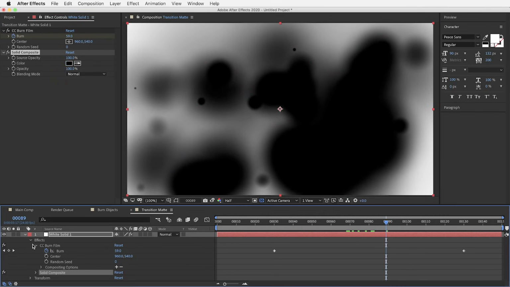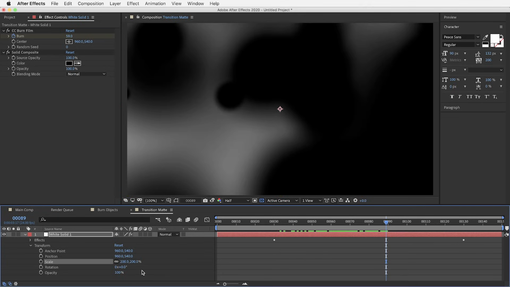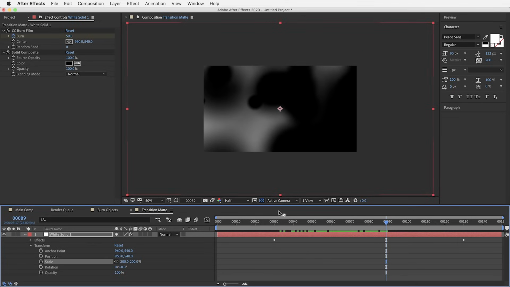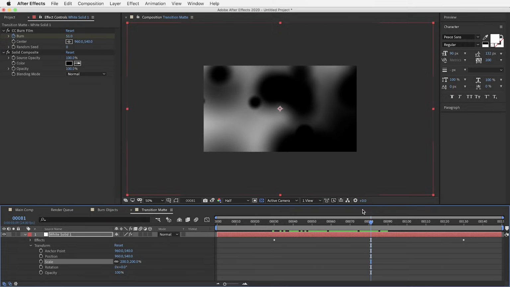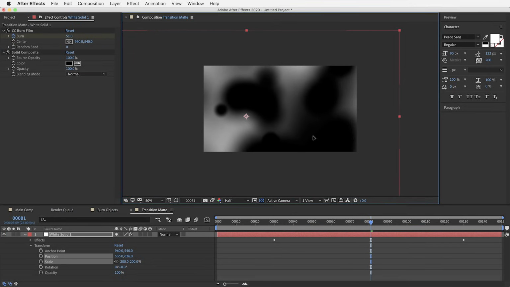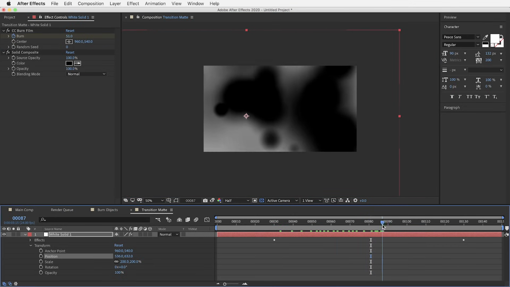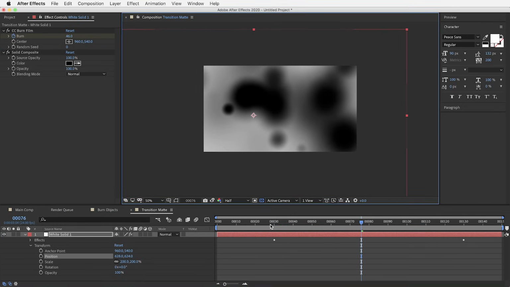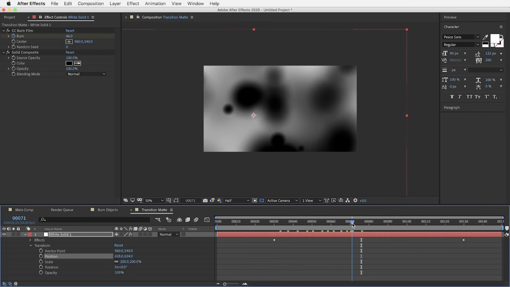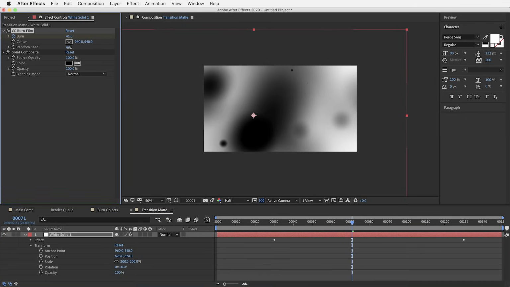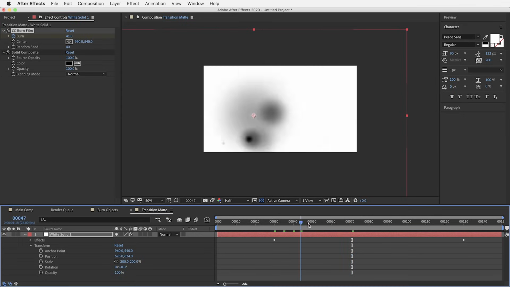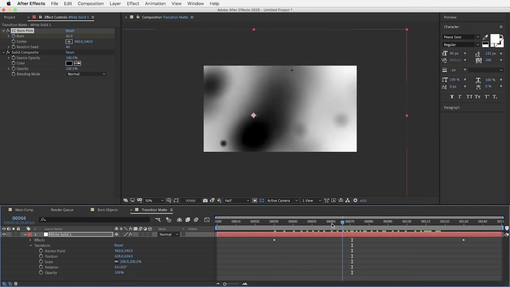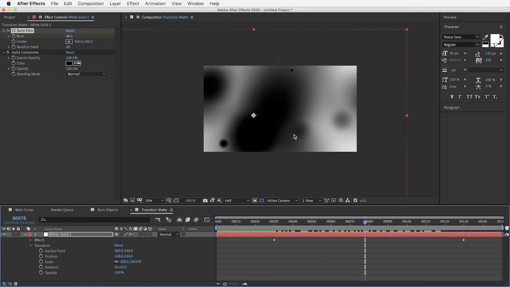All right, I'm also going to take this layer and scale the entire layer up 200%. I actually don't want it to be too detailed, and I also like that when it's scaled way up like this, I can move the layer around so that the transition doesn't necessarily start right in the middle. It can go from left to right. What we can also do is change the random seed on this effect. It'll just give us different versions of the transition, so maybe there's something else we like a little bit better,